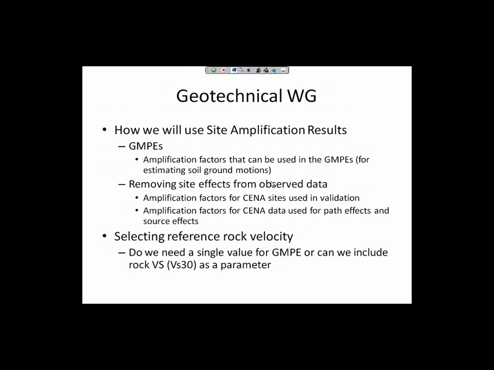The question being in the rock model itself, we could actually say, here's our hard rock model, yet in that is a scaling to different levels of hard rock. It's almost like building the GMP to go down to 760. Well, you could build it to go up to 3,000 or down to 2,500 or whatever it's going to be.